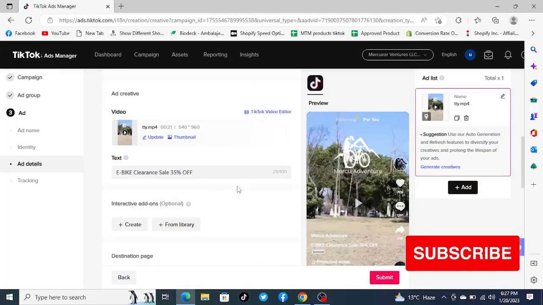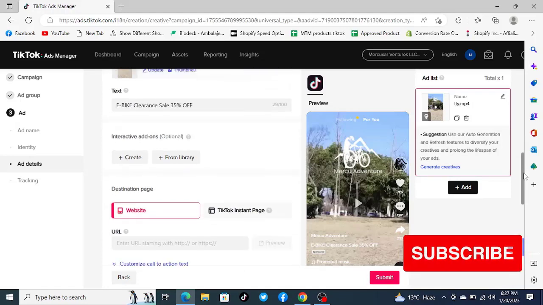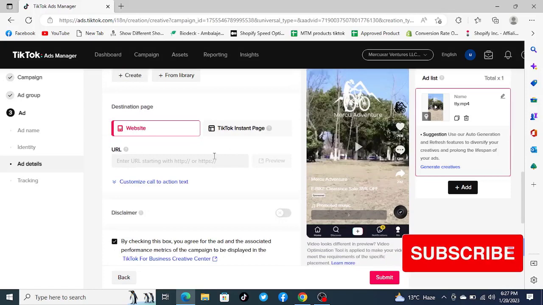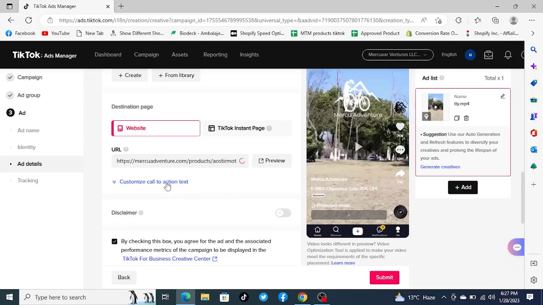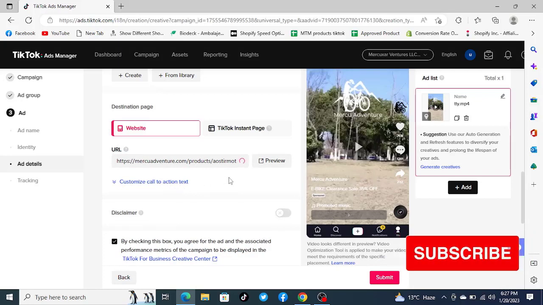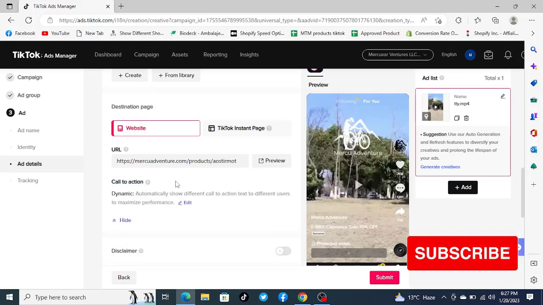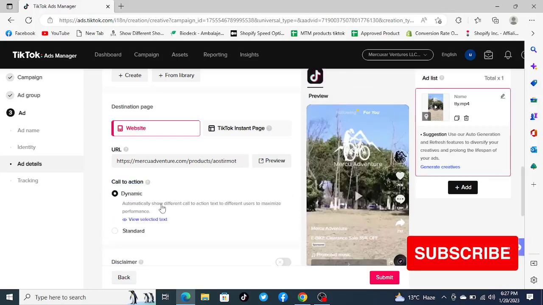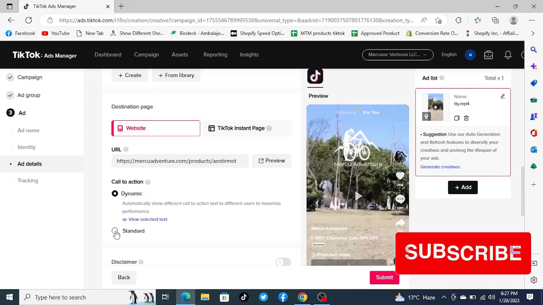You can spy on ads easily, and then from here in the optimization you can just select the link, you can select the URL, and then in here customize call to action text. We are making this one standard,